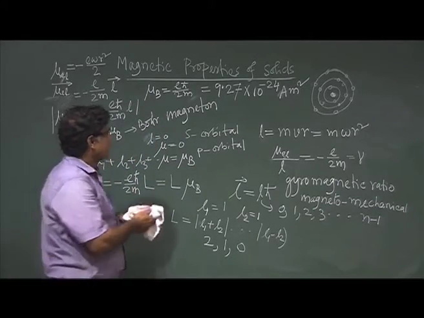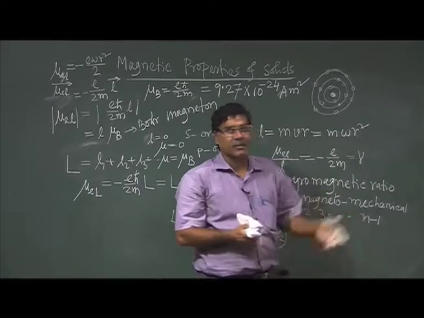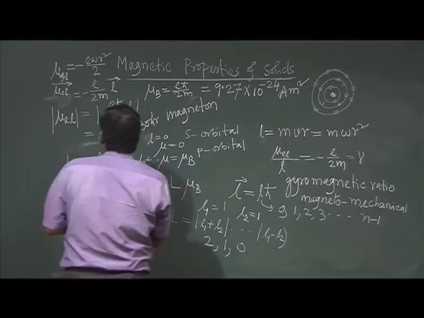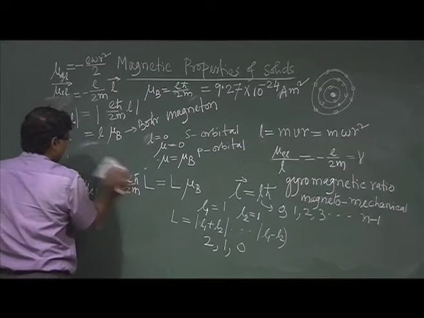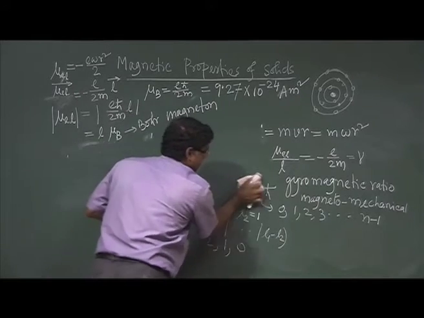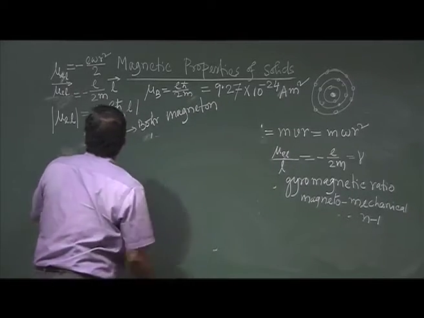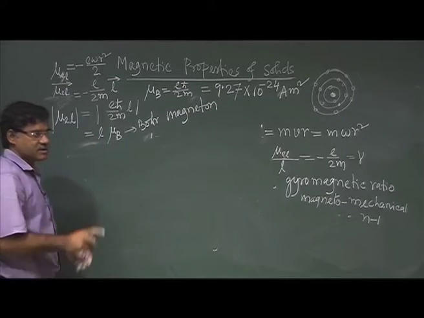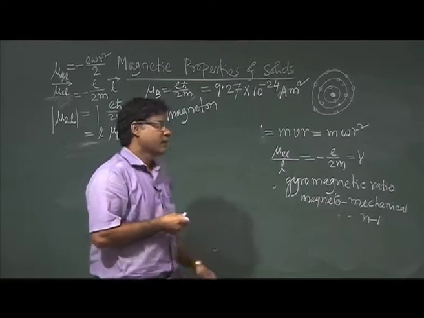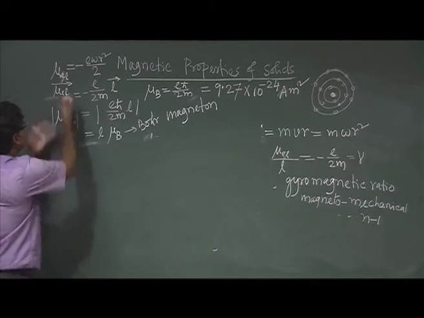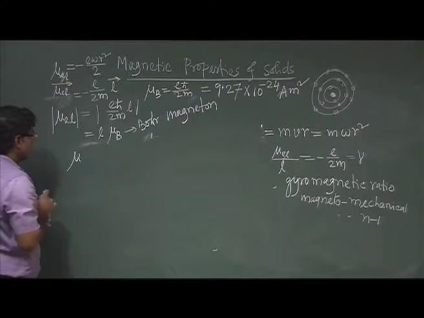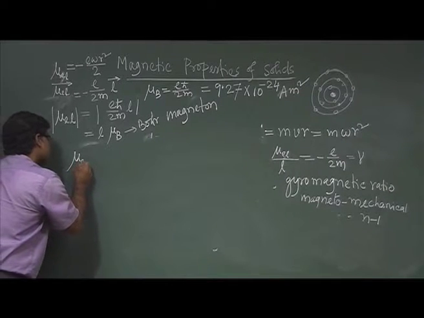Secondly, the second contribution to magnetic moment is the spin magnetic moment. This electron has spin angular momentum, the spinning motion of the electron about its own axis. So, it will also give a similar relation. So, the magnetic moment due to this